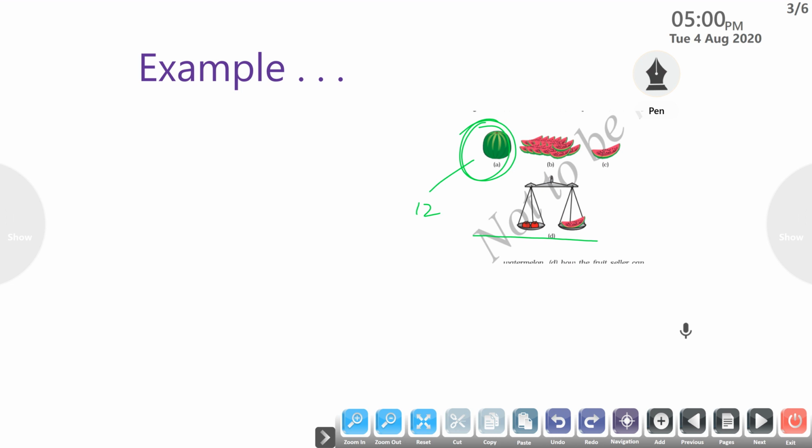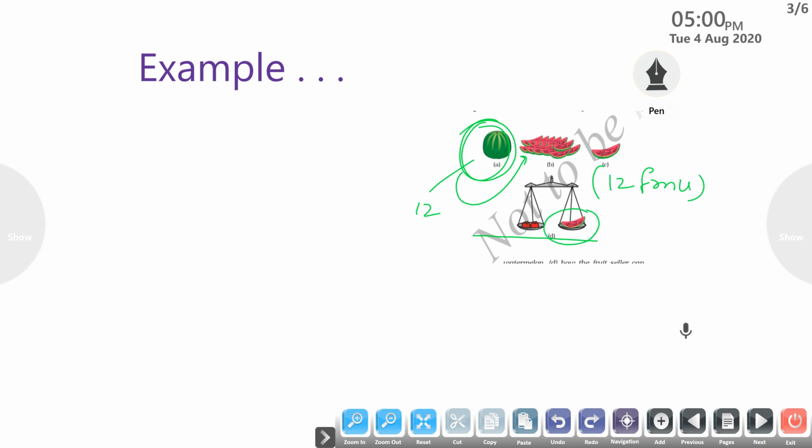So the fruit seller cuts that watermelon into 12 pieces. Here you can observe the watermelon cut into 12 fruit pieces. 12 watermelon pieces are 12 fruit mass units. He makes 12 equal pieces of the watermelon and finds the mass of each fruit he is selling relative to the mass of one piece of the watermelon. So now he sells his fruits by relative fruit mass.